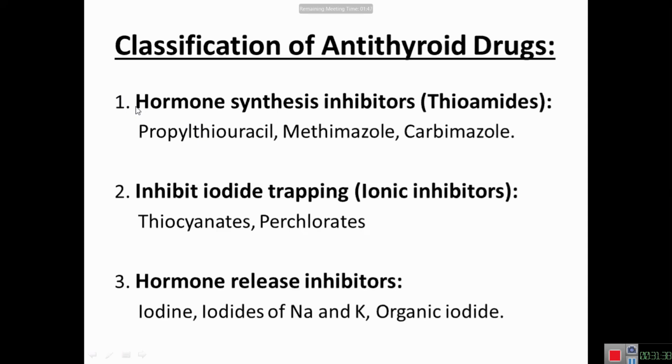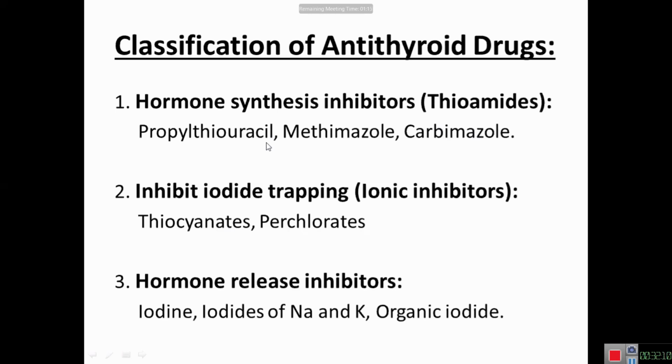One, can you tell the shortcut mechanism of actions? So, hormone synthesis inhibitors are those categories of the antithyroid drugs which inhibit the peroxidase enzyme, which is very good. Okay, good. So, out of these 3 groups of drugs, which group of drugs is used for the hyperthyroidism during pregnancy? Propyl thiouracil. Very good.